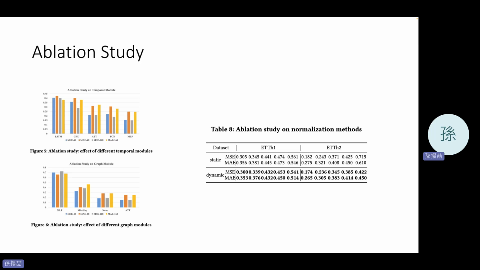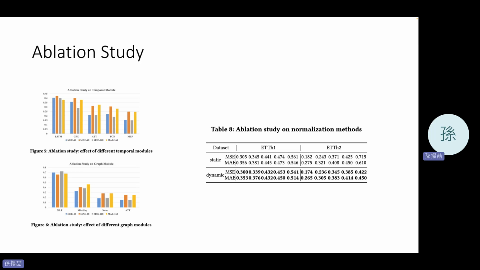As for the spatial module, we can see that using the attention mechanism is better for all the data, and multi-layer perceptron is not useful in